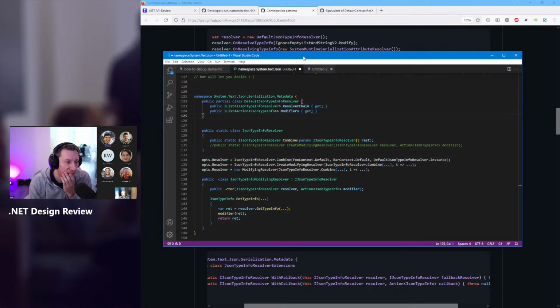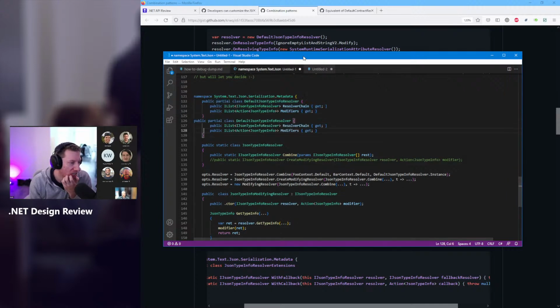I mean, the easy answer on that is, I would have just said wherever the resolver property lives right now, which I think is the JSON serializer options, instead of having resolver, you would have resolver chain, resolver modifiers instead of resolver. What if I wanted to apply a modifier on the first component of the chain and not the second one? Or if I wanted to apply separate modifiers in each component of the chain? Like, you can compose these things any way possible, and,